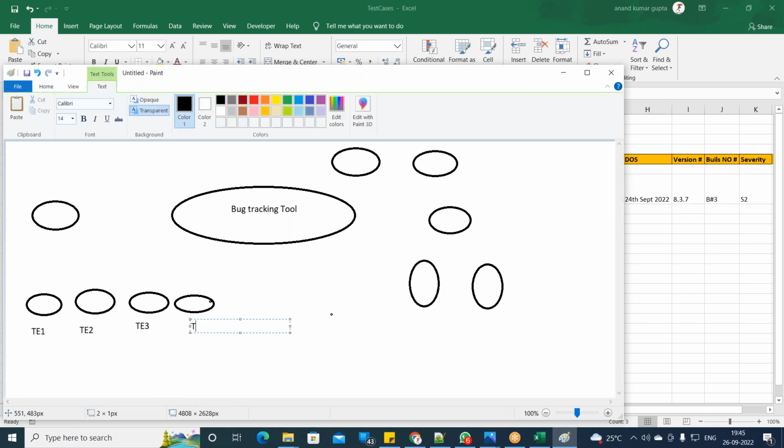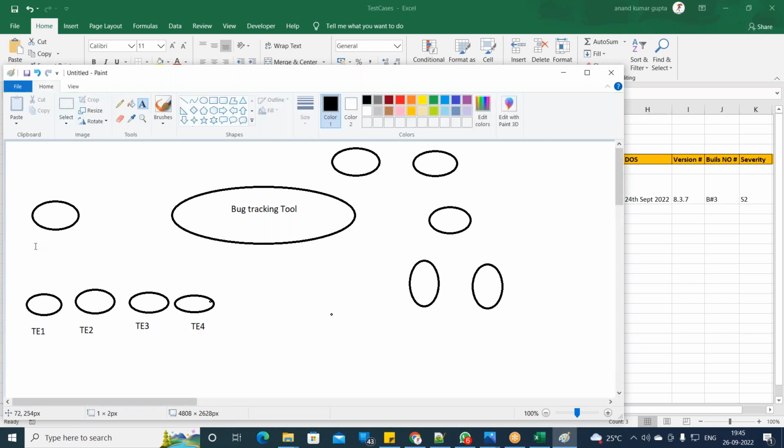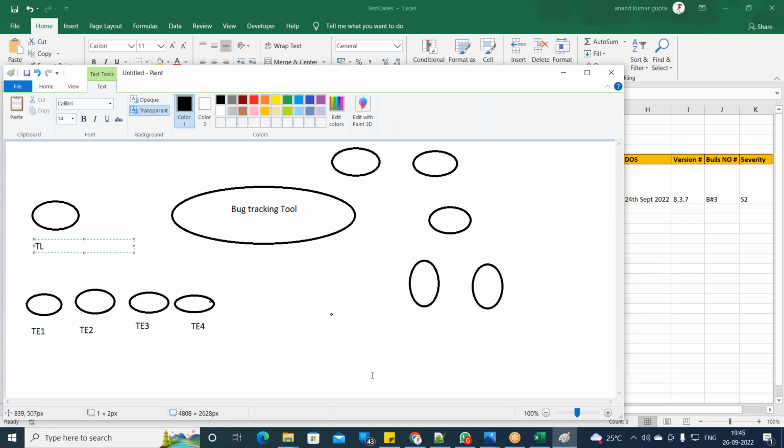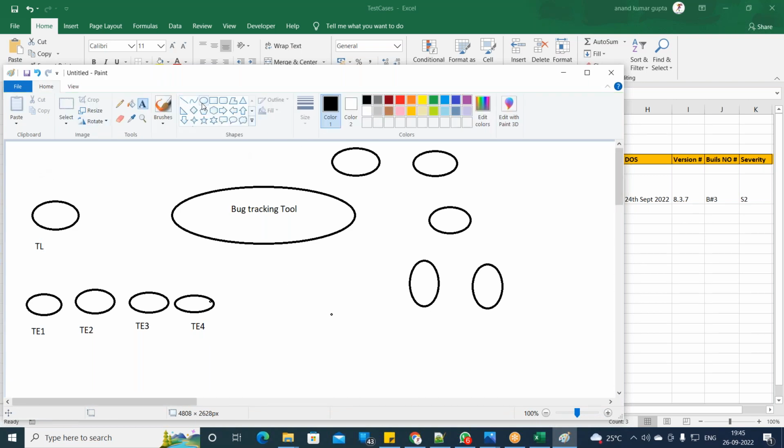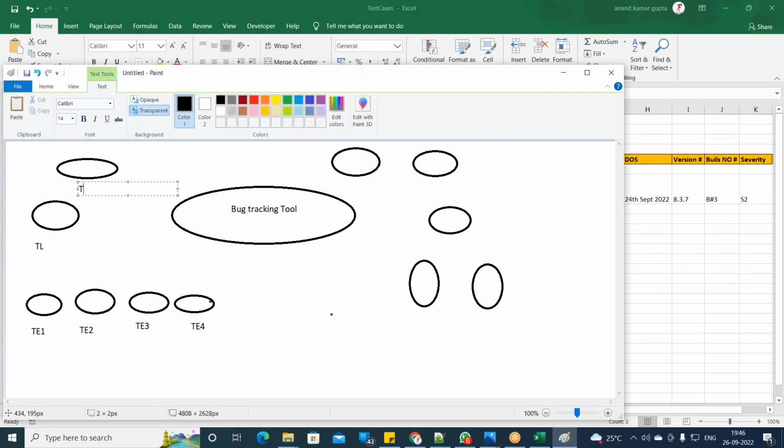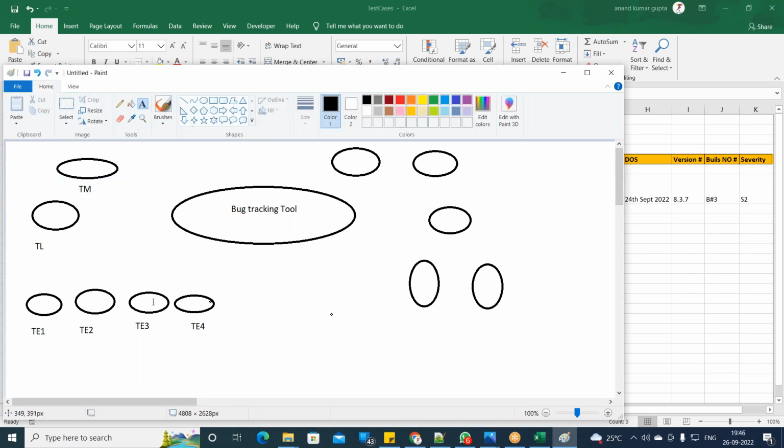Test engineers, and we have a test lead, and we have the test manager as well, TM. All these six people have access to this bug tracking tool. Let's say it's Jira. They have a username and password. They will be able to log into this bug tracking tool. And then there is this